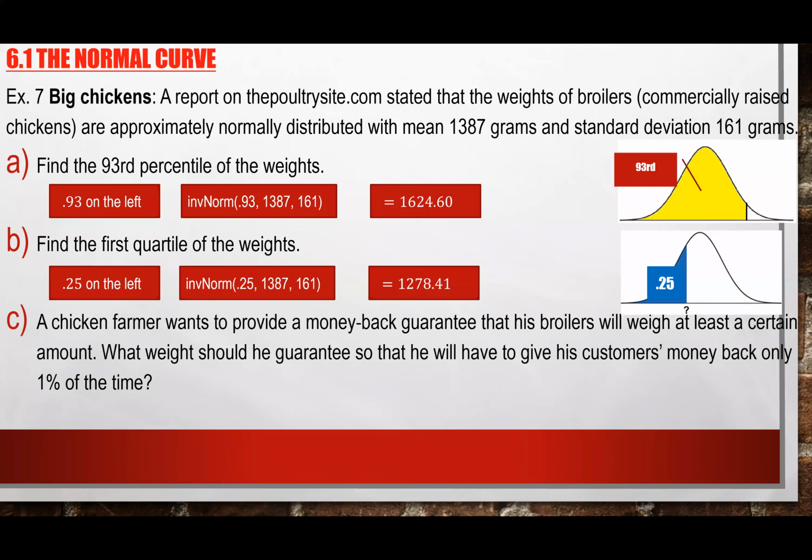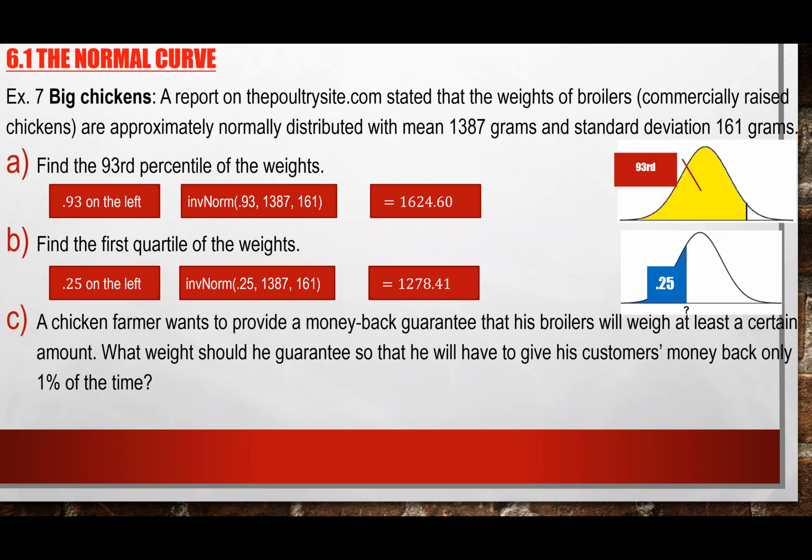So any question with A or B, or how to start with A or B here? Right. If you don't have a question with A or B, let's take a look at C. And probably C is a little bit confusing for some of you, but let's take a look at this. A chicken farmer wants to provide a money back guarantee that his broiler will weigh at least a certain amount. What weight should he guarantee so that he will only have to give the money back